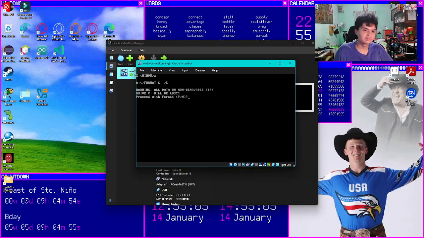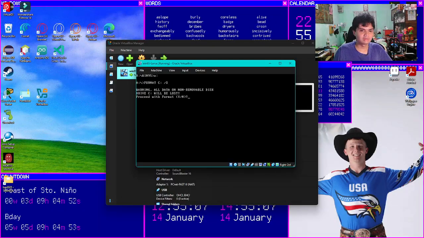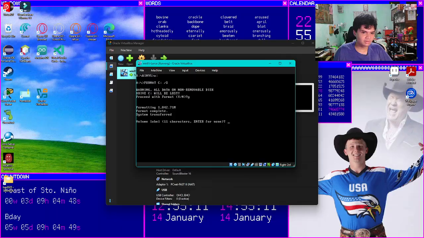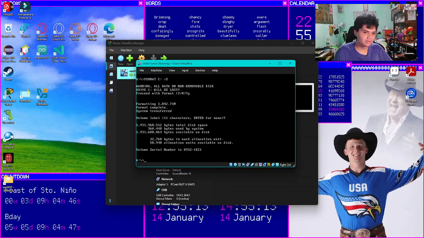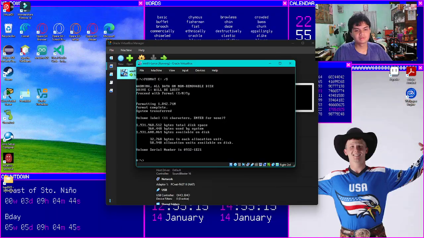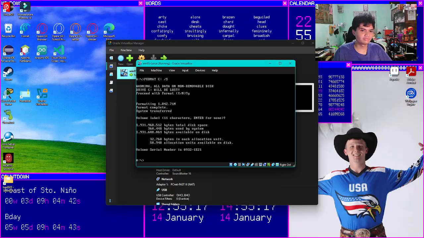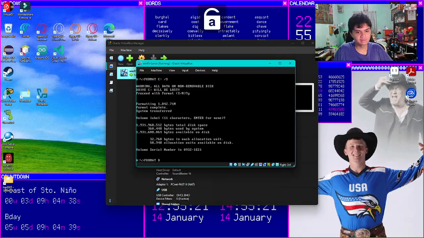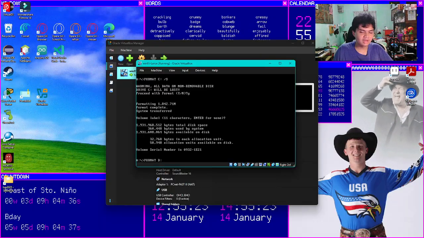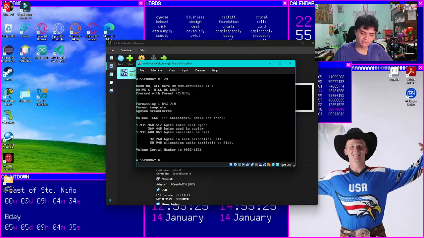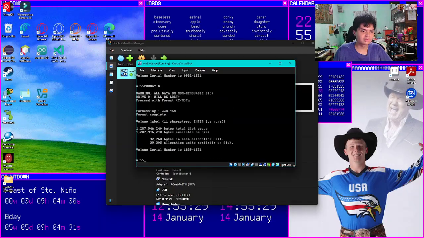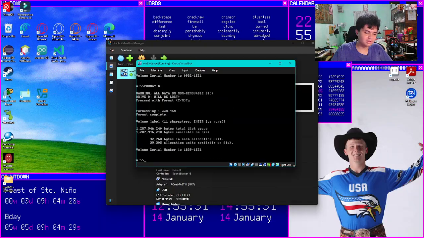So just press enter, and it's gonna destroy the data. Then just press Y. Now the formatting is done. Just press enter again, and now the format is done for C drive. Now we need to format D drive, so we just need to type format then D drive. Don't need the S because it's not a system drive. So just press enter, then press Y again, then press enter, then we're done with formatting D drive and C drive.